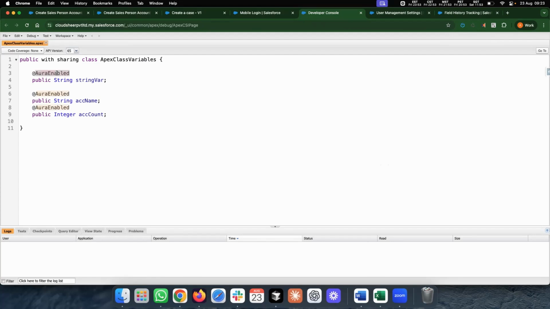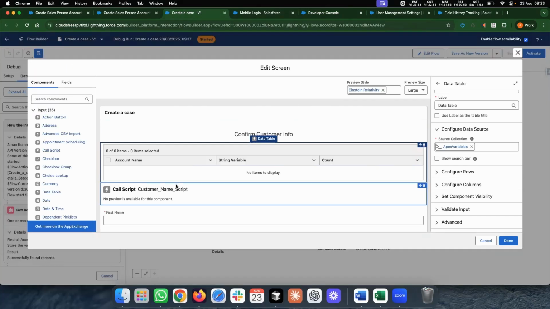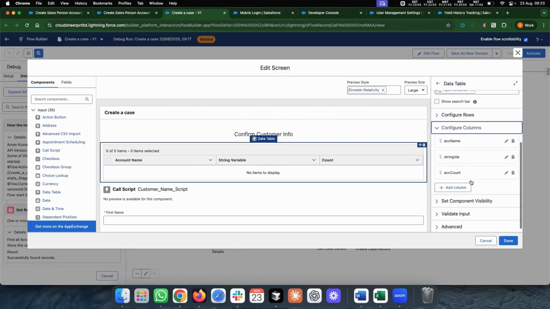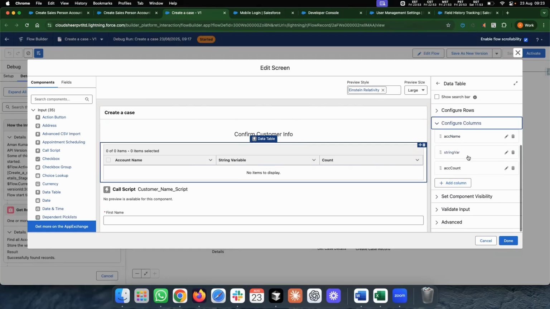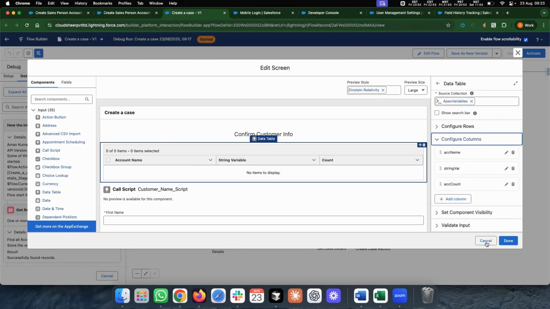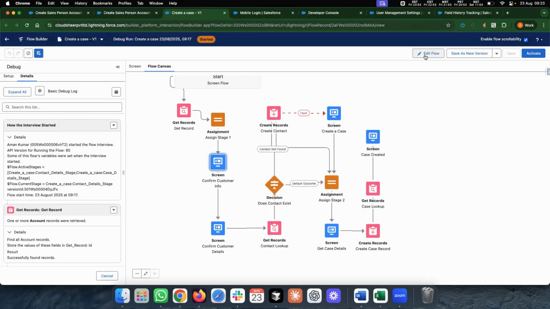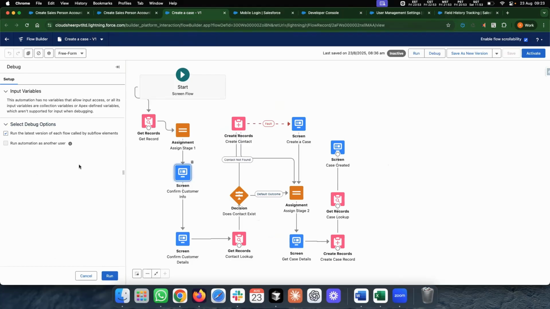We need to define the variables as invocable because that is the only way they will be accessible in flow to create the variables. To use it as an invocable method, we need to define these invocable variables. So now let's go back to the flow, and I've passed the collection variable. I've configured the columns, and you can see this is how it will look. Now, if I debug this flow again,